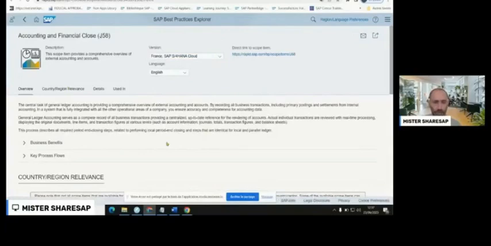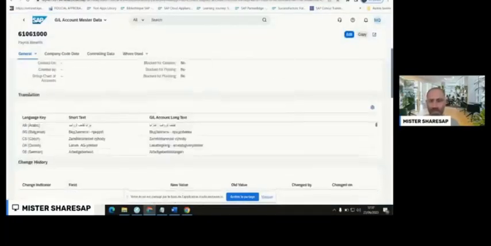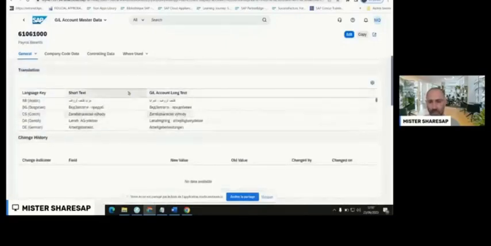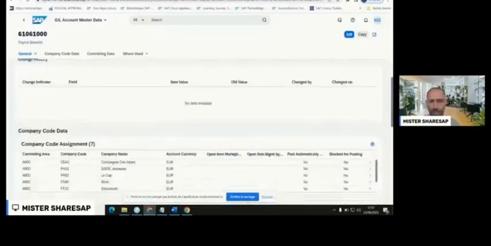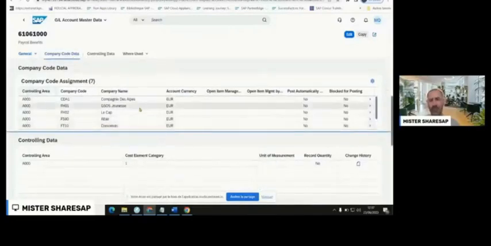I'm able to proceed exactly to the same thing, version SAP Public Cloud, and I find all the information about how to create, for example, a new GL account. This is my GL account with the different translations and all the information, and in particular, the company code. Okay, this account is assigned to 7